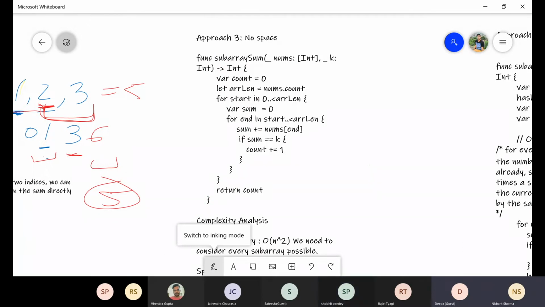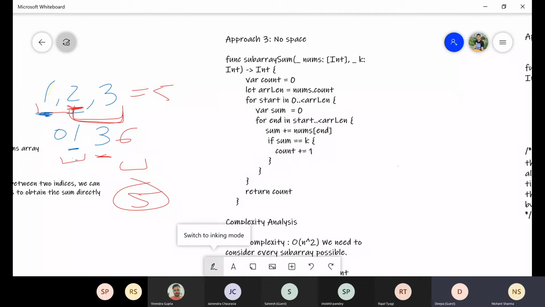What we are trying to do is we have two for loops. We are again doing the same thing, traversing all the subarrays using these two for loops. But earlier we calculated the sum into a different array, which is called the sum array, a cumulative sum array. Now, instead of calculating into an array, we will be using one variable, which will be initialized every time we consider a new subarray.